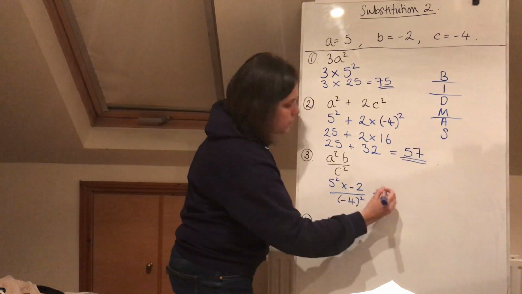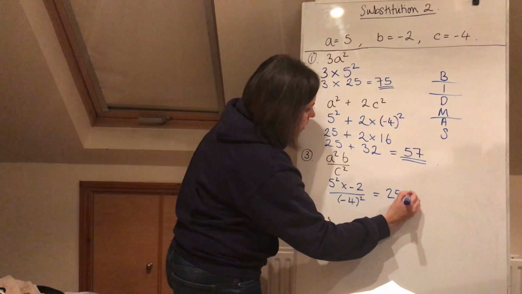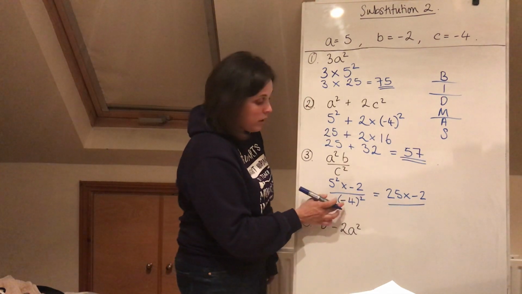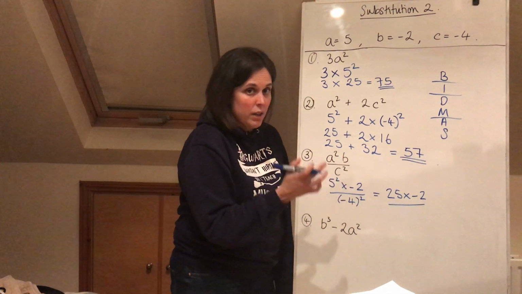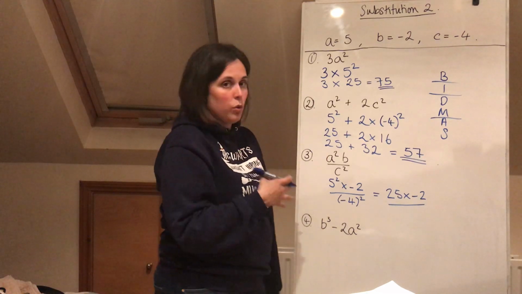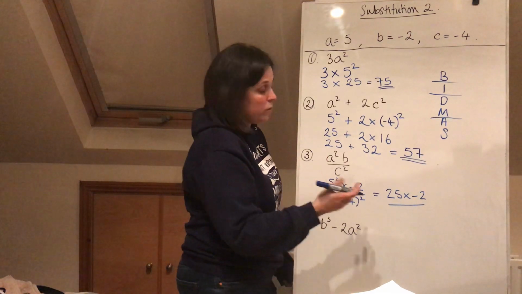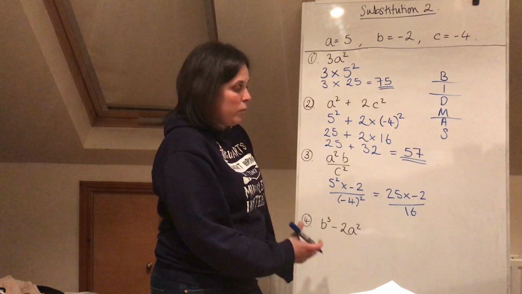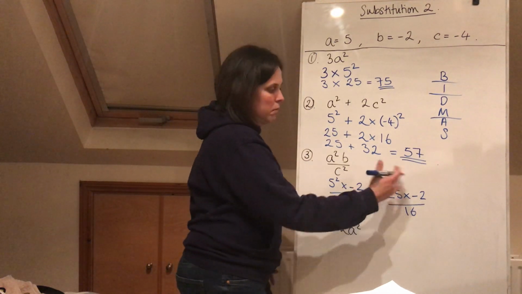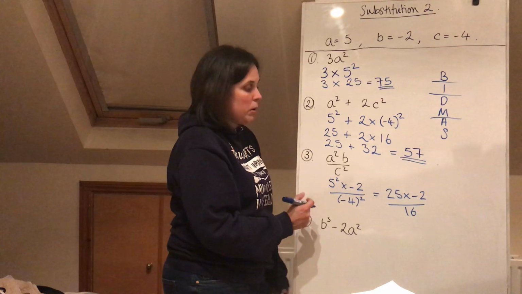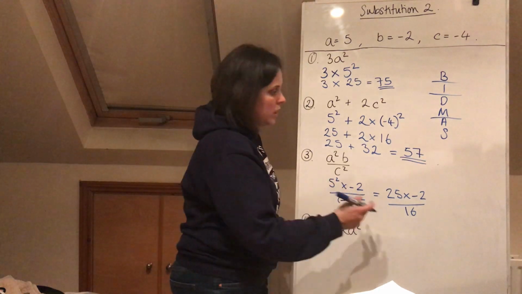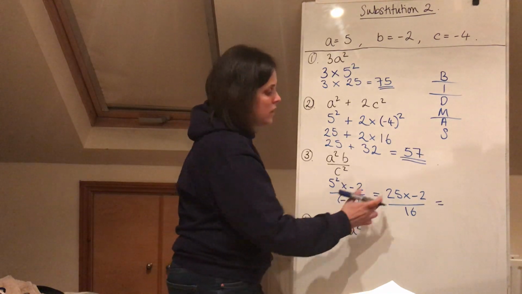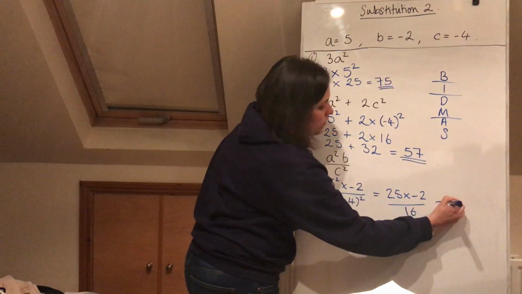So 5 squared is 25 times by our -2, and we've got a power on the bottom as well. -4 squared, remember the same as before, 4 squared, -4 squared, they're both the same, and that is 16. And now we can actually do our calculation. Multiplication and division, we can do them in either order, but it makes sense to sort out our fraction bar first. 25 times -2 is